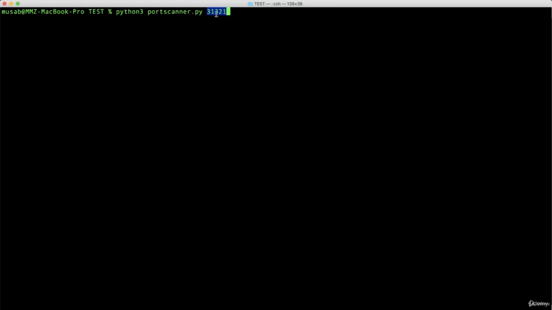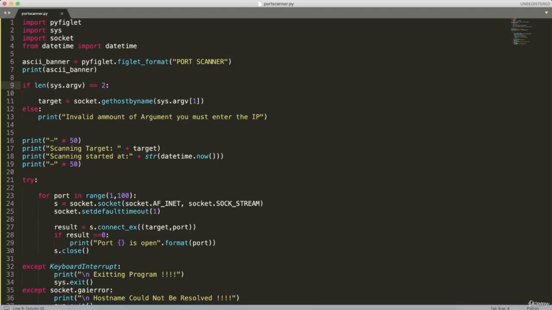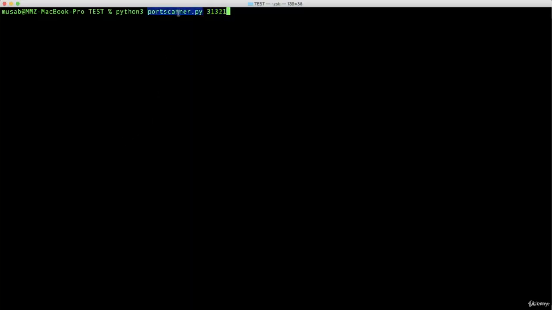Now I know this is not an IP address or a host, but this is just an arbitrary example. I will put a real IP address right away, but for now keep with me. So this is the first argument, this is the second argument. That's why we put that it will be acceptable only if it is 2 arguments, which means the name of the Python program and the IP address that we want to scan the port